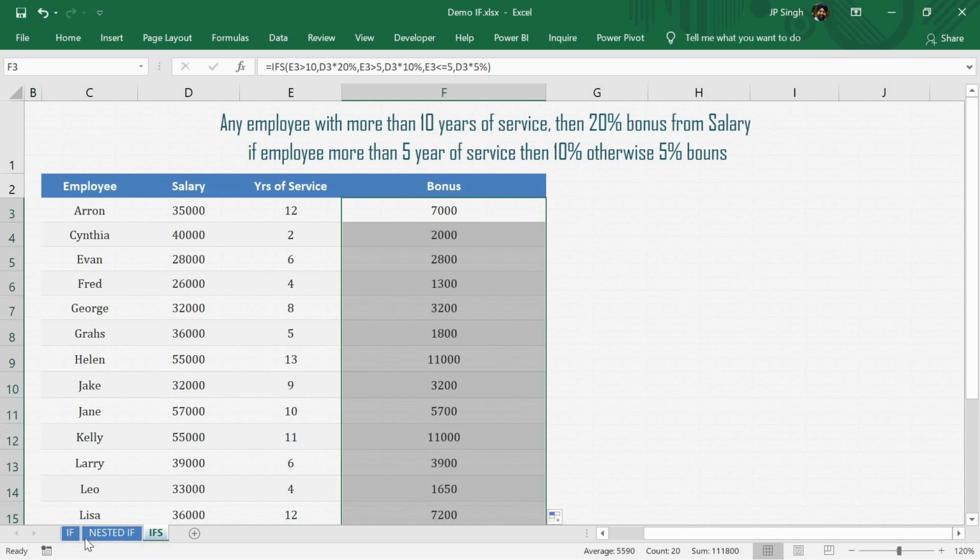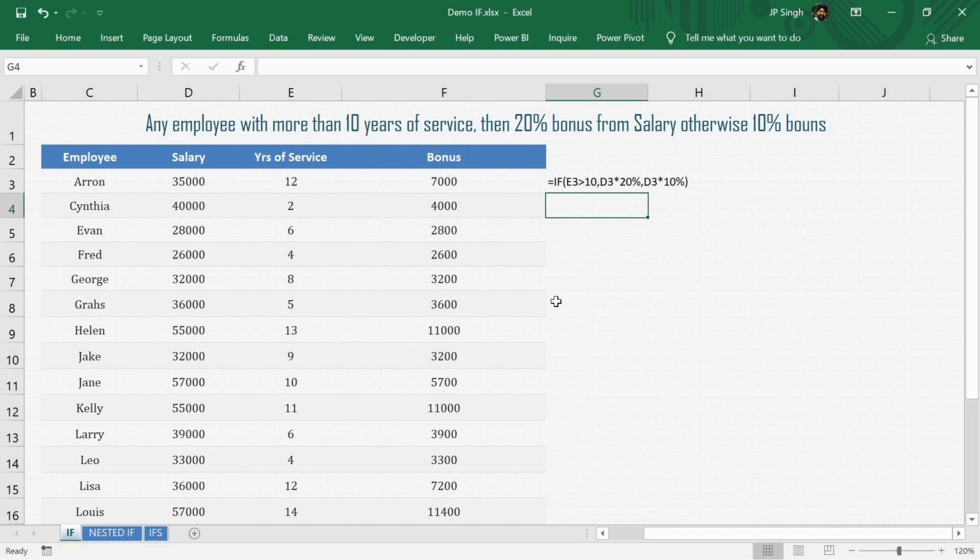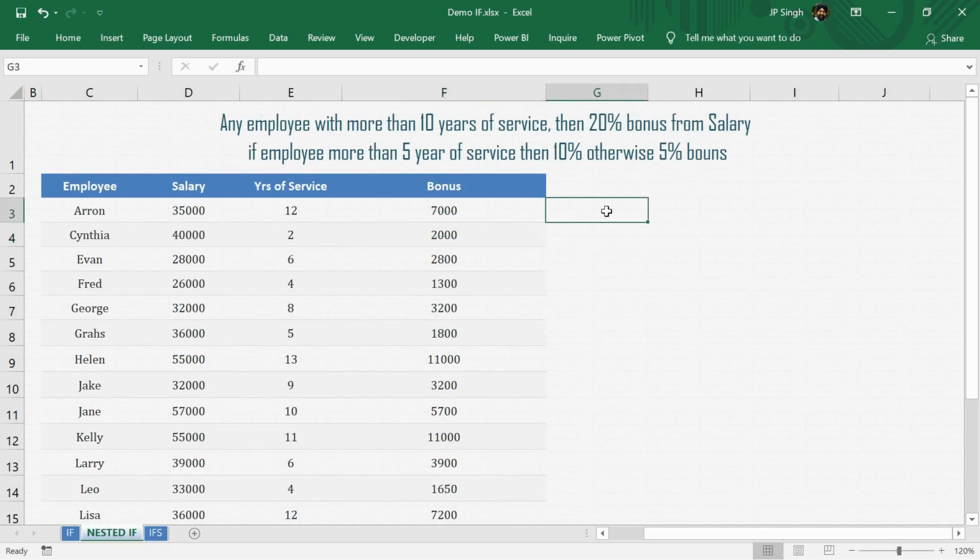You can see this. So I'm just displaying this function for you. The first if function is this, which is simply telling you if this value is greater than 10, then the second parameter will execute, otherwise the third parameter will execute. Now when I move to the nested if, I am simply using formula text to get this formula. We have some complications here. In the case of 2-3 values it is complicated, but when we move to 4, 5, 6 or more values, then it will be more complicated. So we have to use ifs instead of this.